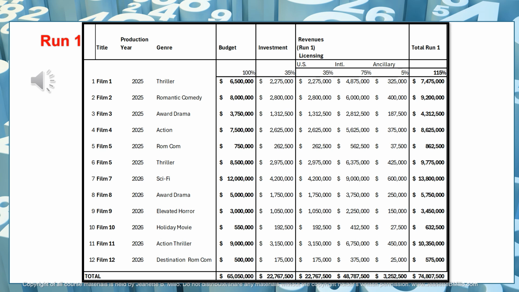Now, if we are selling the first run for a longer period, which you could absolutely do, could be 8 years, could be 10 years, could be 15 years, the license fees go up because they need to allow for the fact that we can make money additionally, as we will see in the next slide, from a second run and from a third run. So basically, when we give away the movie for a longer time, we need to elevate the pricing to include what we would be making in the second run and the third run. And that's really the key when we give away a movie for longer periods.